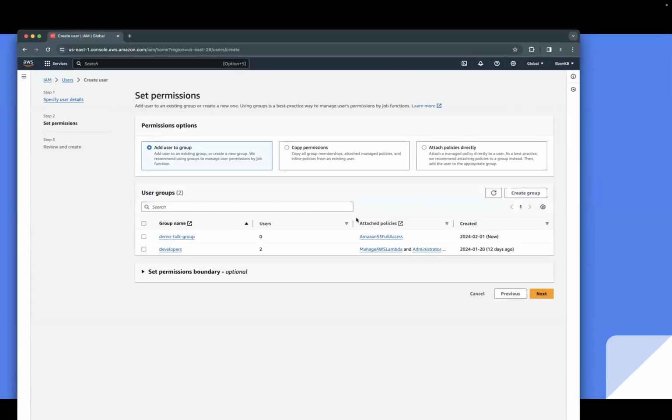So here I have the option to add the user to any of these groups. So I have two groups available here. One is developers, and then one is demo talk. If I add it here, it means that the user, look at the attached policies on the right over here. So I selected Amazon S3 full access. So that policy has been attached to this group. If I proceed to create the user,